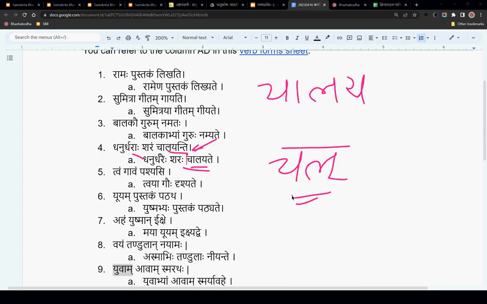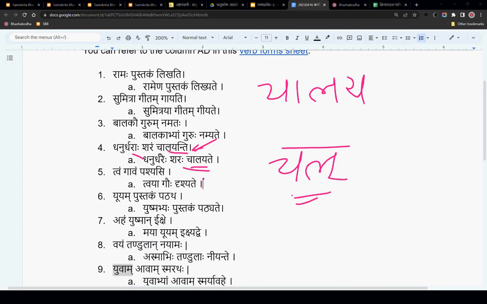Yatha Surya Chalati, Surya himself is moving. Right? But Chalayati means somebody is moving something else. Like Aham Vahanam Chalayami. Atra Dhanurdharaha Sharam Chalayati, like this. So there is a difference between Chalati and Chalayati, and the dhatus are different.